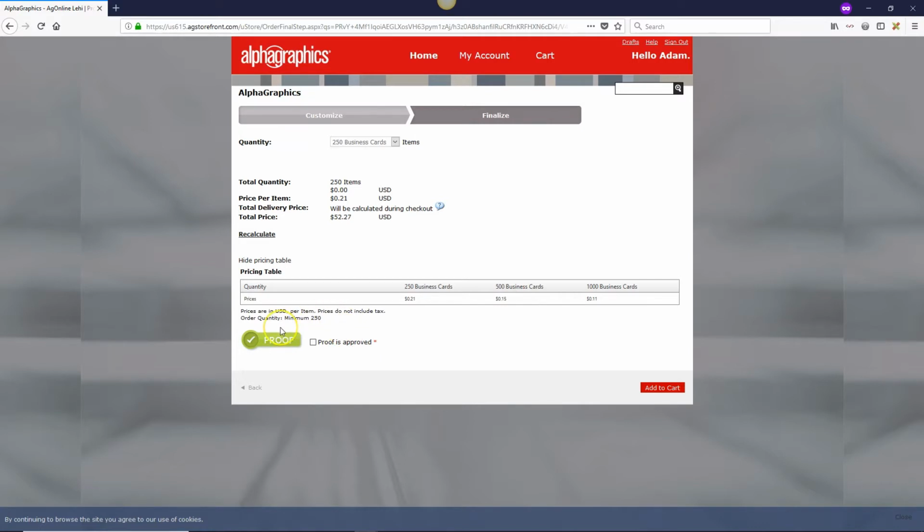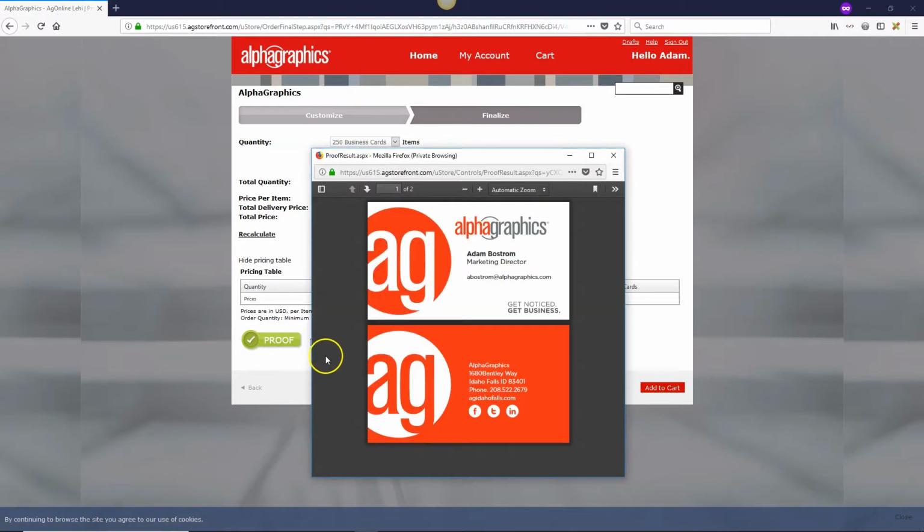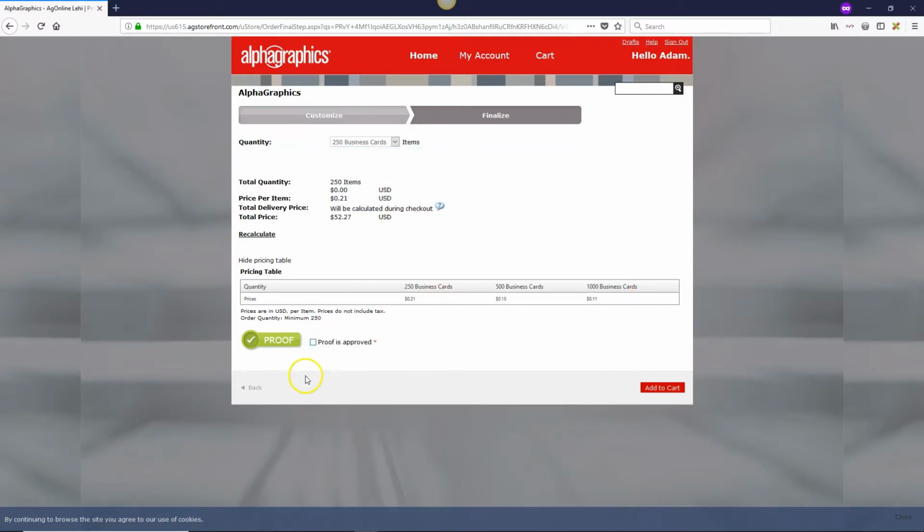If you wanted to see a higher resolution but not a high enough resolution for print proof, you can click on this green button, and you can just take a look at it and you can see, okay, yeah, it's going to look nice. I'm happy with this, and so just click the X to exit out of that and click on Proof is approved. So then you're going to hit Add to Cart,